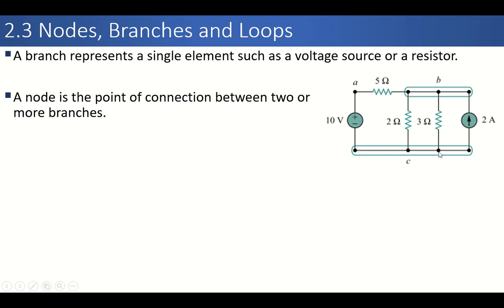So it means that if this is a C node, then this is also a C node. So you can see that this is actually a whole single node, that is C. But if we go from this point to this point, you can see that we are encountering an element. So it means that there will be a change in a node. So that's why this is a C node and this is a B node.